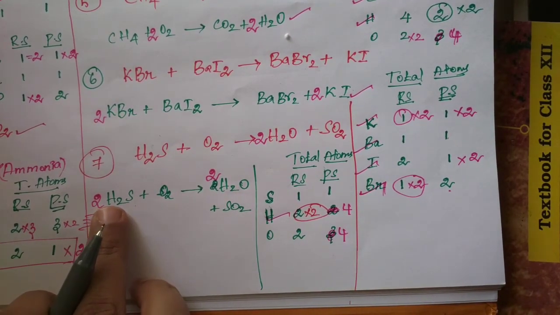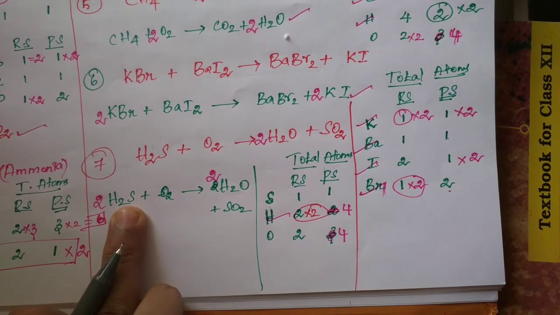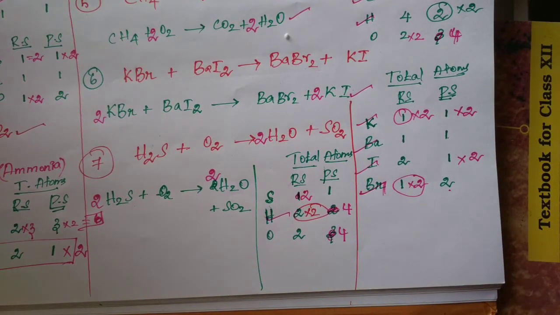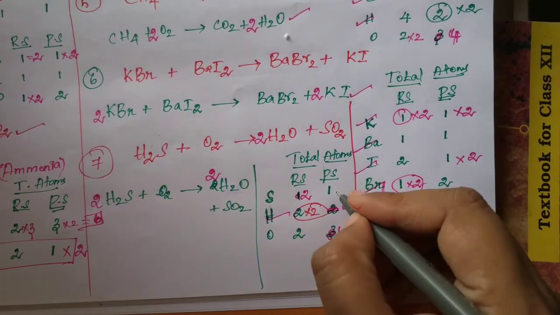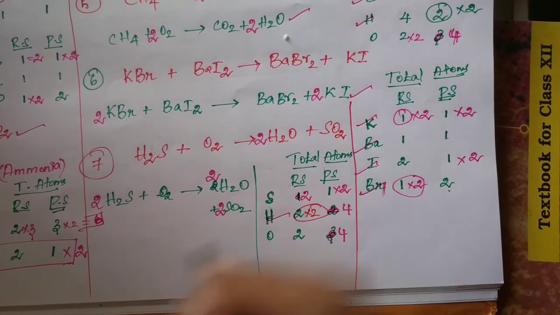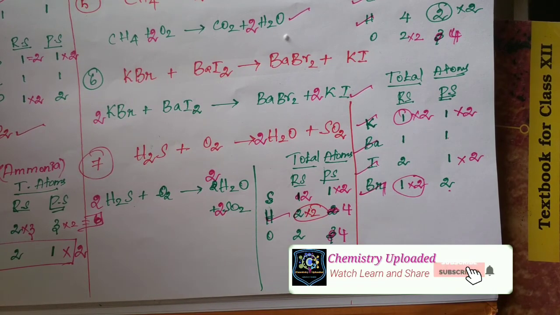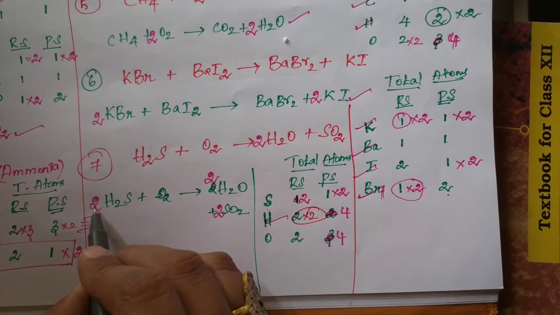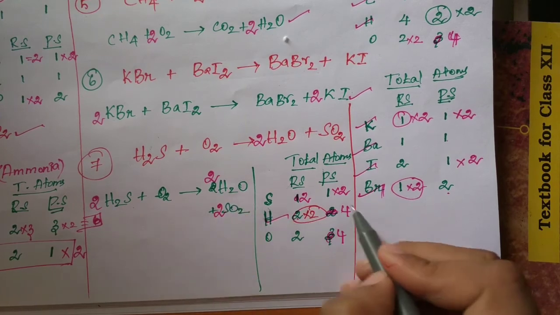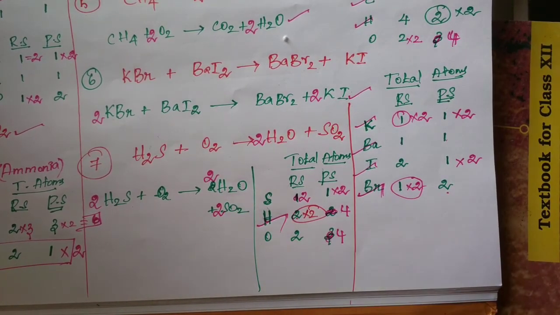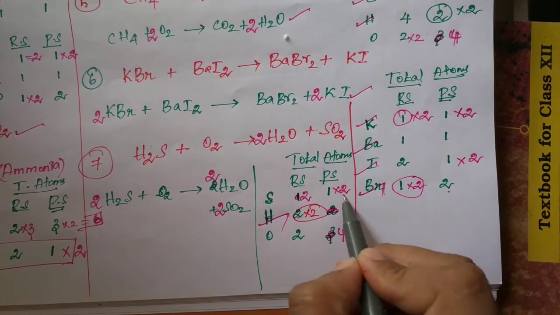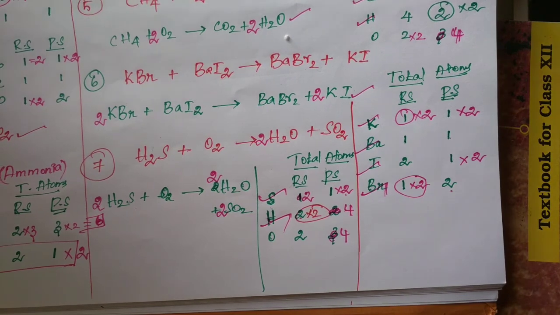But this 2 is common for hydrogen as well as sulfur. So now in reactant side, sulfur is increased by 2. Then you have to increase it in product side also. Then here you have to multiply by 2. So here multiply by 2. Now count the total atoms once again. So see now total atom of hydrogen 4. So 4 here. In product side also 2 2s are 4. So hydrogen now balanced. Next sulfur. 2 sulfur in reactant side and 2 sulfur in product side. Now sulfur is balanced.